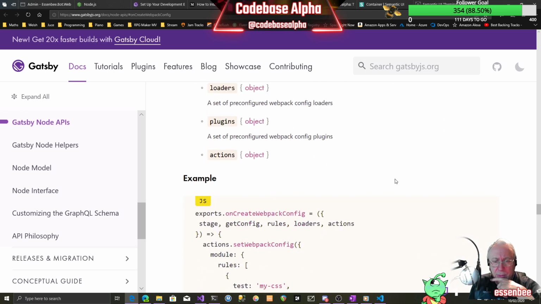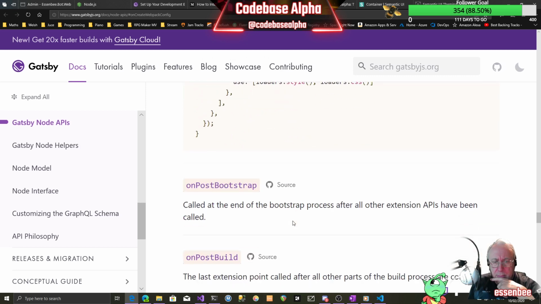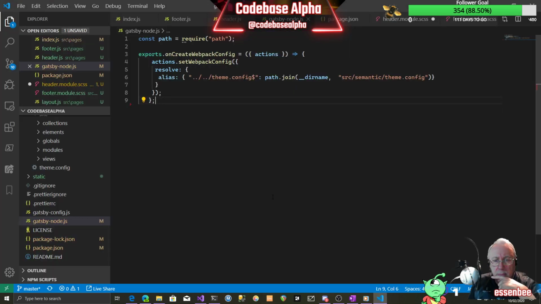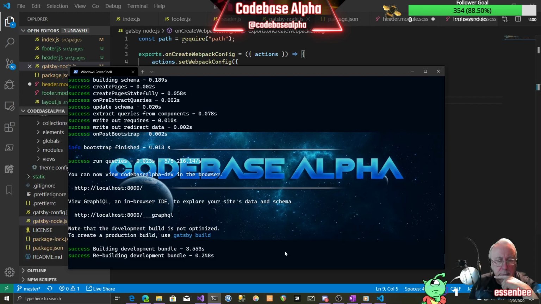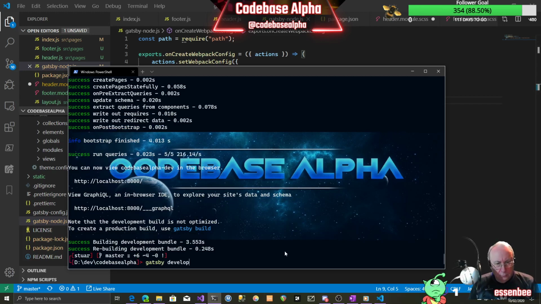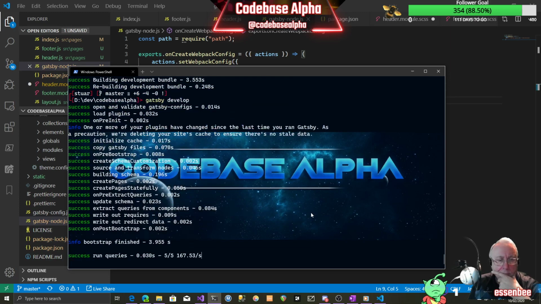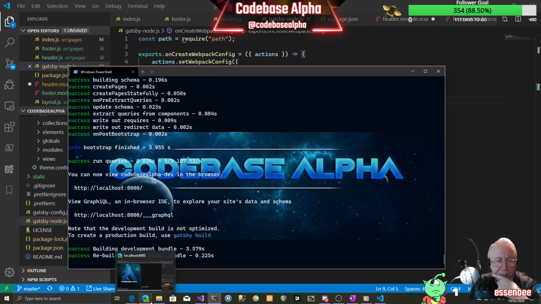So, example exports on create Webpack config. Can't be that, because that's so ridiculous if that was